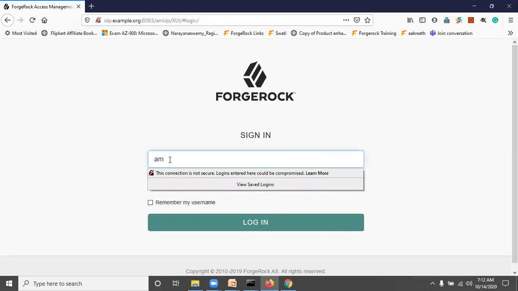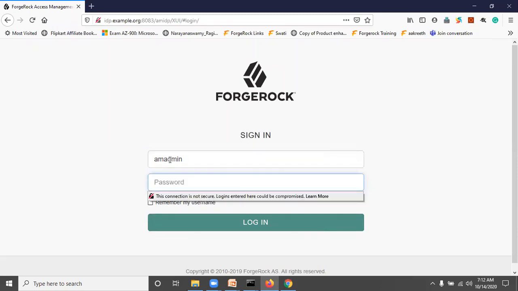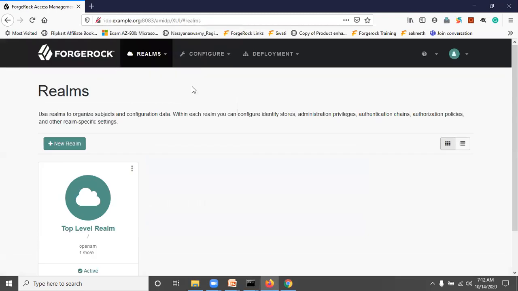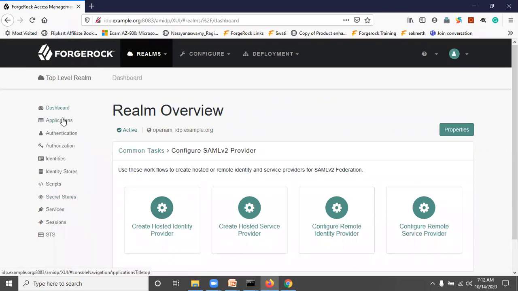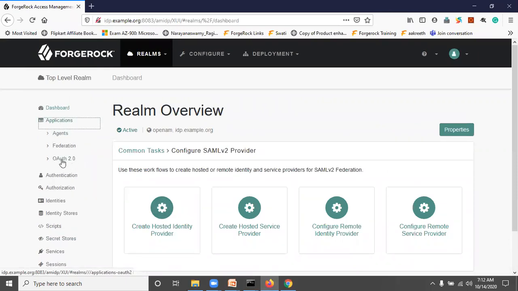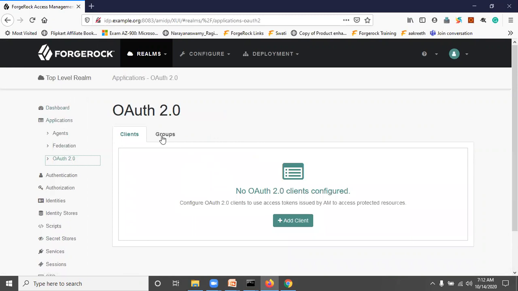Now we are in the IDP. Log in to our IDP application using the amadmin username and password. Go to the top level realm. We have already done the SAML2 configuration in the previous video, so I will show you what we have done.